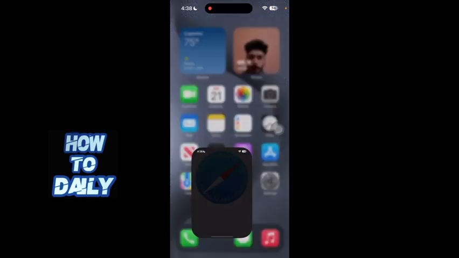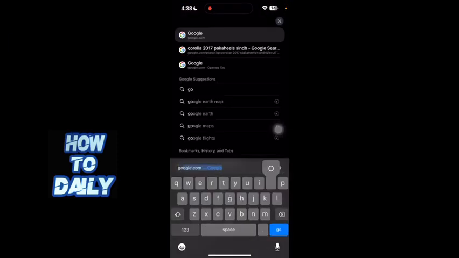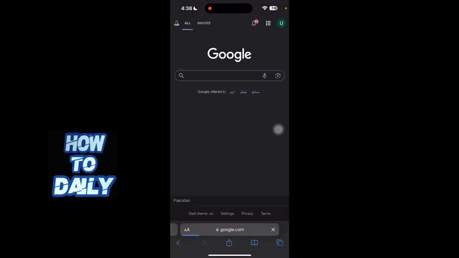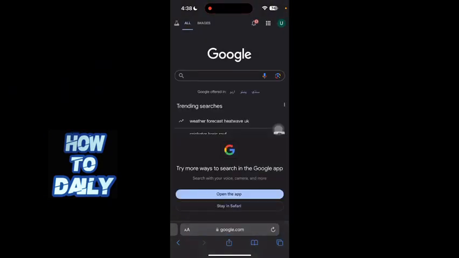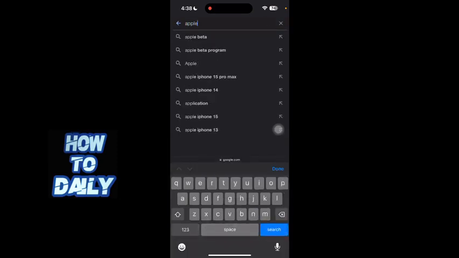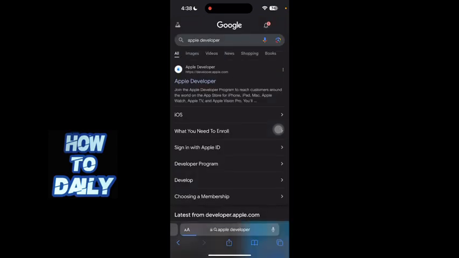Alright guys, so first of all just open up Safari and go to google.com like this. Before that, make sure you're on at least iOS 17, otherwise it won't work. So now just search for Apple developer beta, or just search for developer, like this. So now just click on the first link, and here